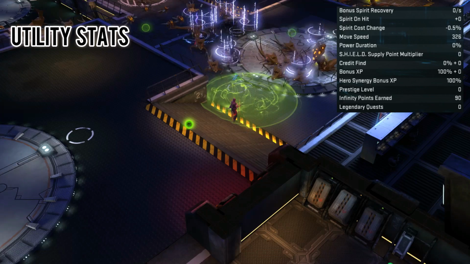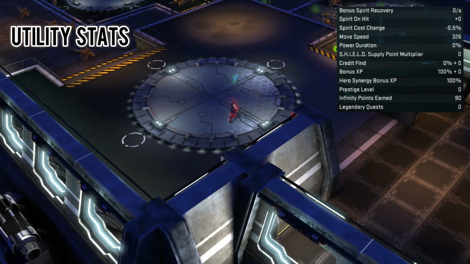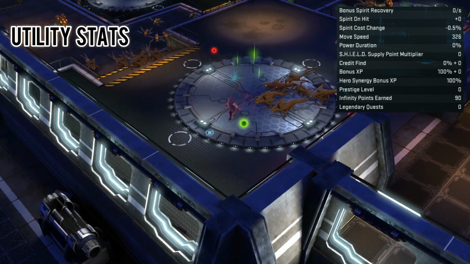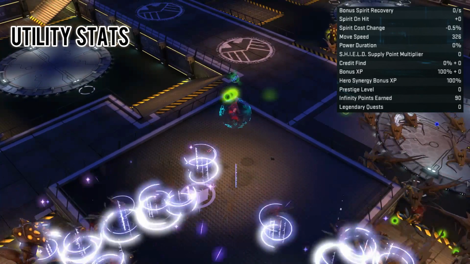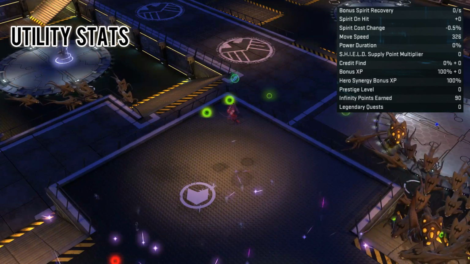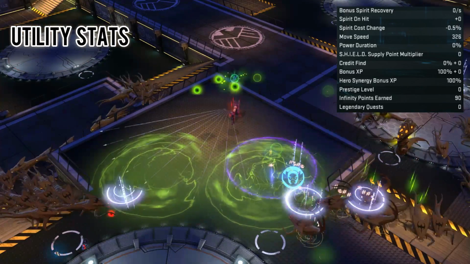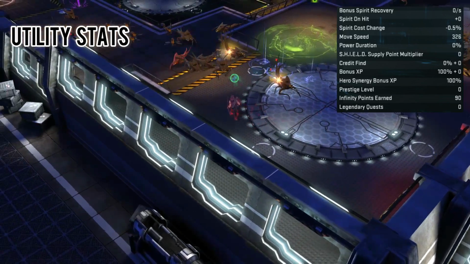Next up we look at stats that are tied in with the boosts. The first one we look at is the shield supply point multiplier. Very self-explanatory this one, and it will go up to a maximum of 5 stacks. We then have credit find, you can actually increase that, and that would be through your currency boosts. Same with the bonus XP again from actual boosts, or of course I have the 100% which you get from